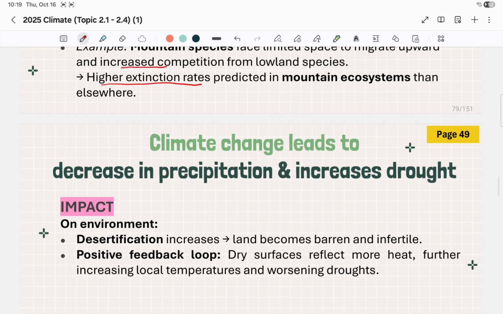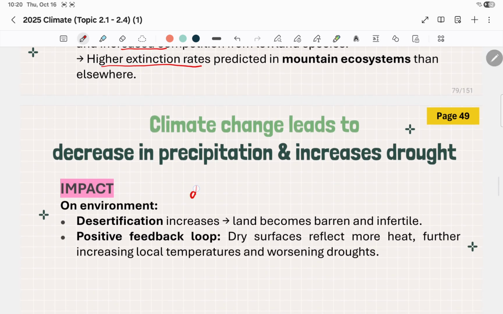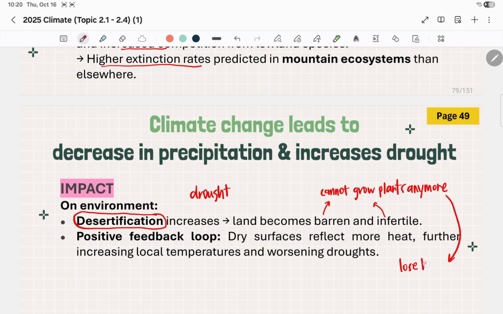The last part here is for our environment. The problem is, like I said just now, once drought starts, if it's not managed well, rain does not come back, it will cause deserts to form. The land becomes drier and drier, and the land becomes barren and infertile. This just means that it cannot grow plants anymore. And when it cannot grow plants anymore, of course you lose your habitat, firstly, and it also eventually affects agriculture,